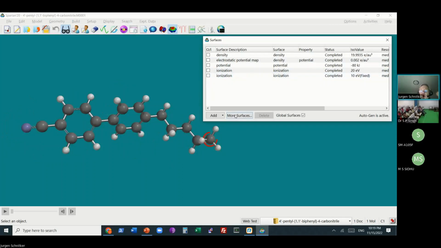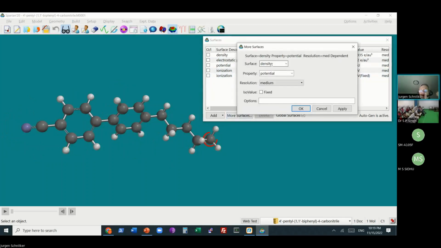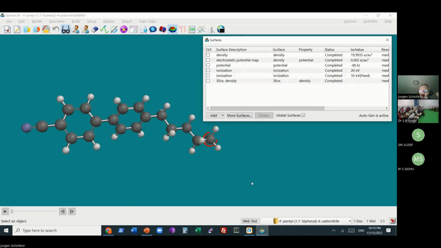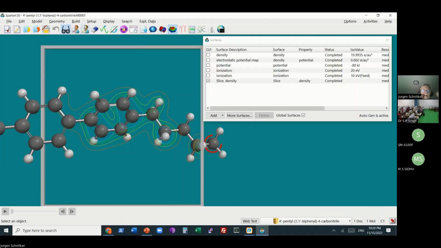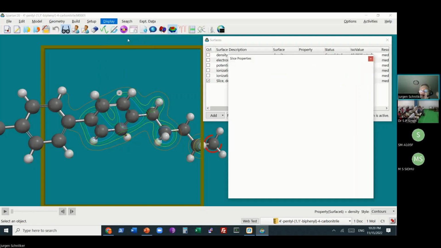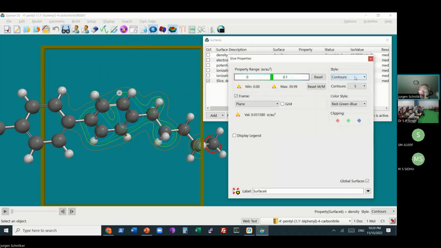Then I'll go here to the final one, which would be slice. So I will do a slice of the electron density and select completed. It's immediately there. And select this here. And actually go to properties and change this from contours to solid.